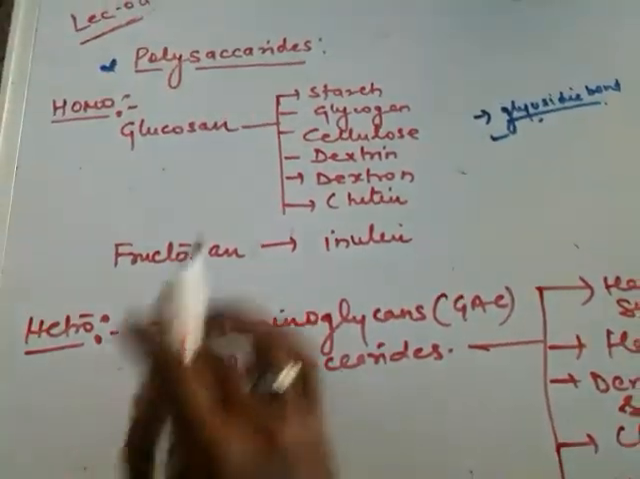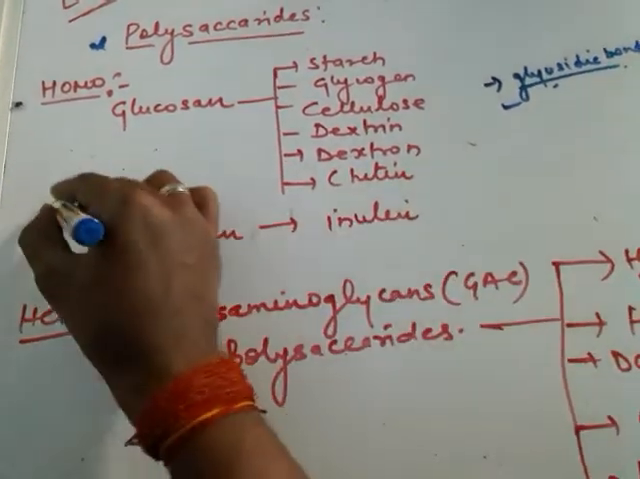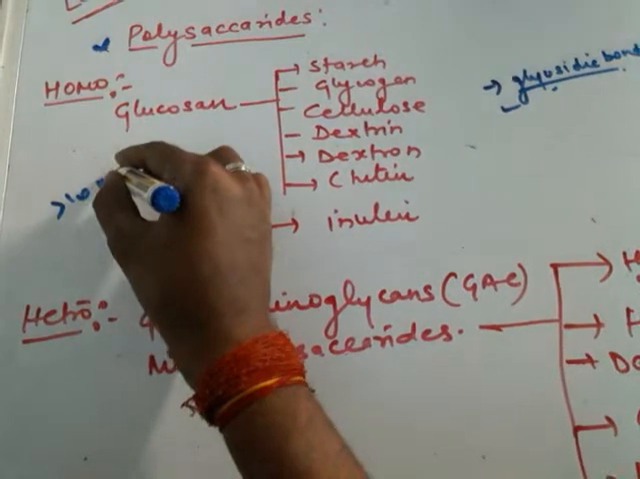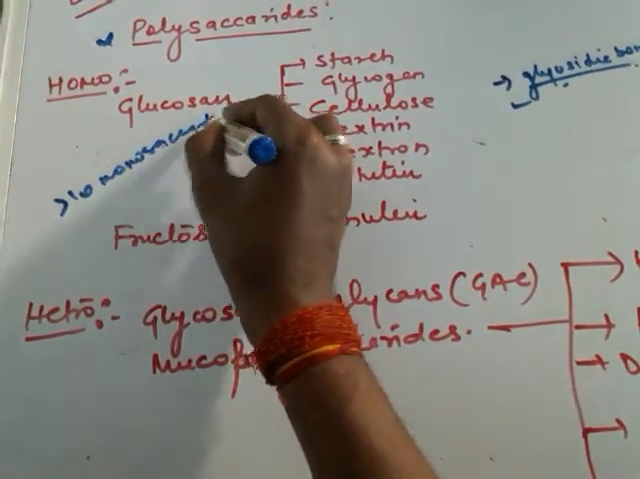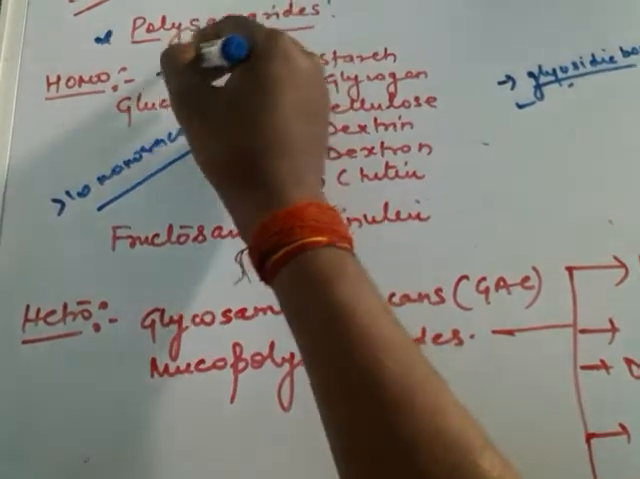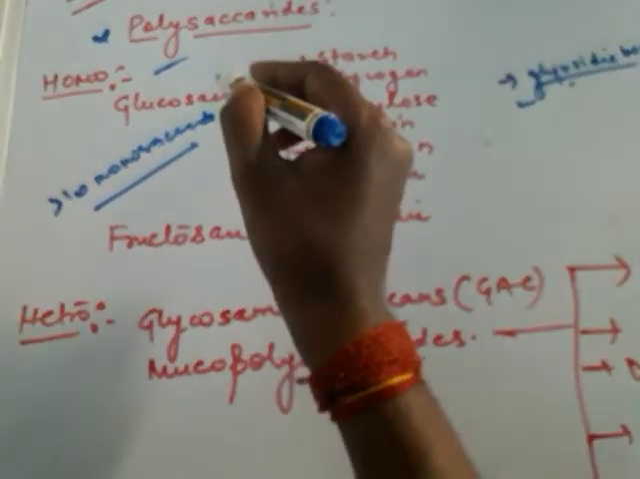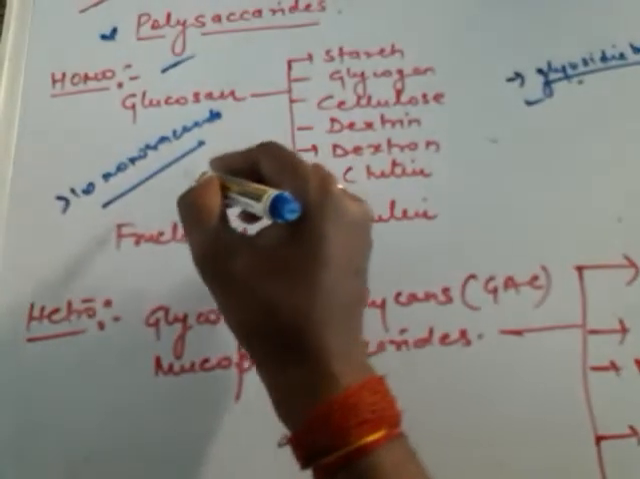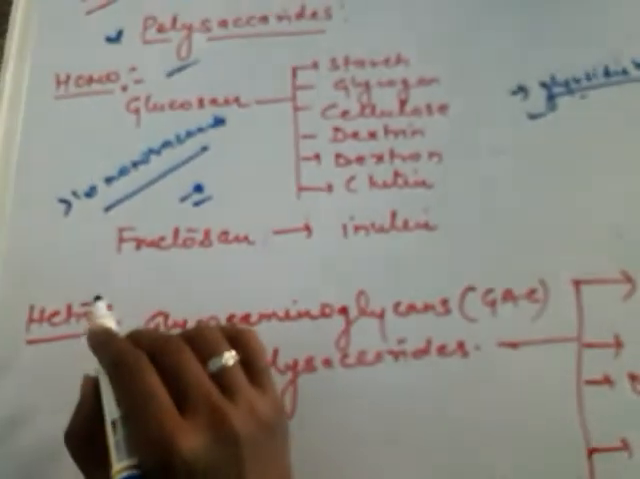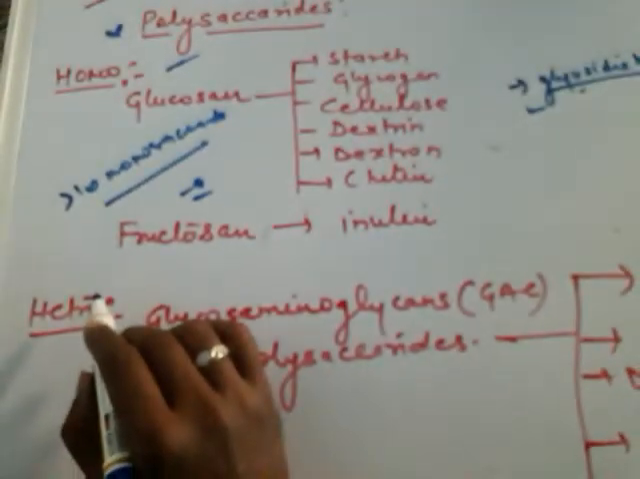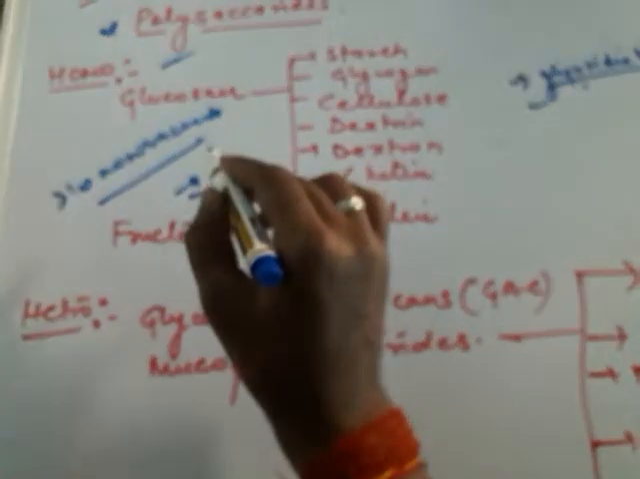Polysaccharides, as I have described, are made up of more than 10 monosaccharide units. That's why it is called poly: there are several, more than 10, monosaccharide units. When joined together through glycosidic bonds, they form the polysaccharides. Here I have explained that polysaccharides are of two types,